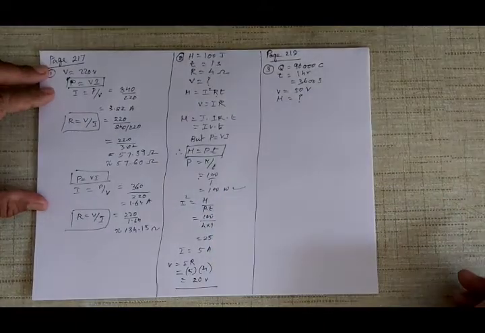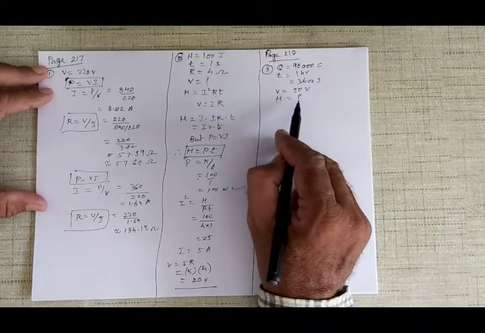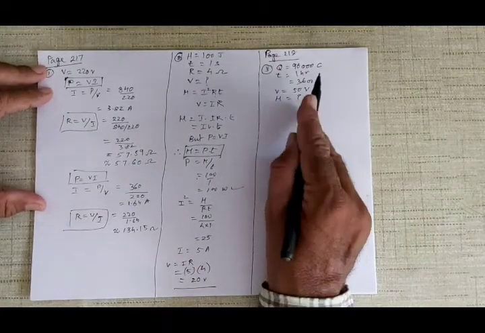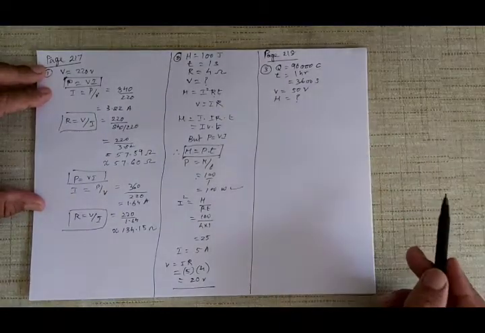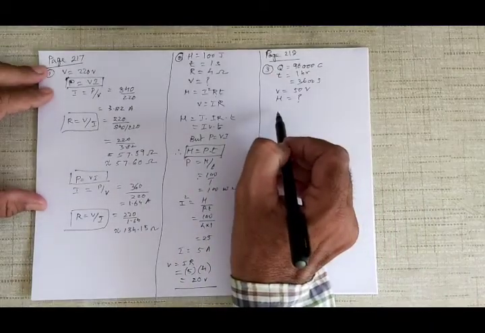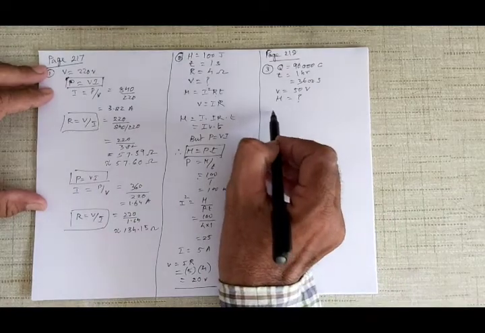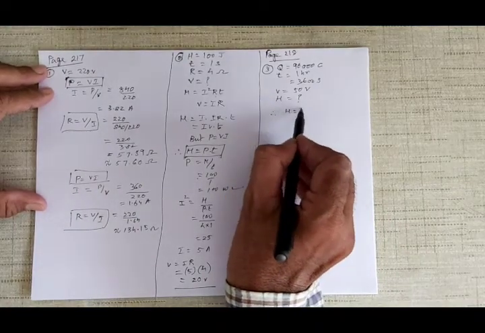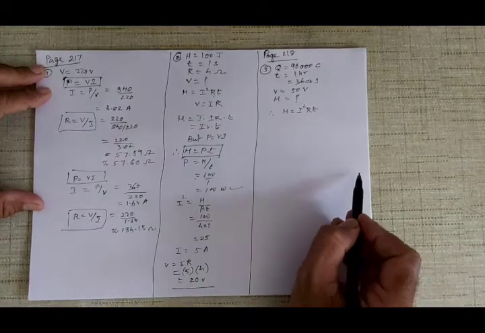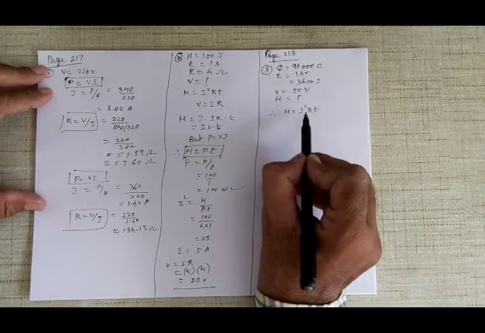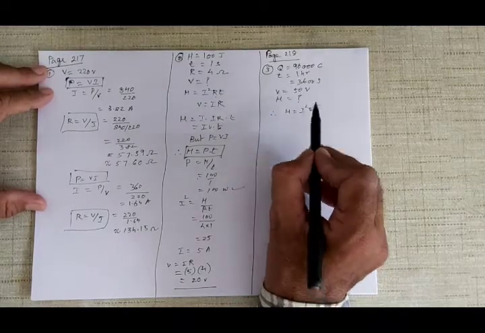Again, if you read the question, what does it say? Calculate the heat energy generated when transferring 96,000 coulomb of charge in 1 hour through a potential difference of 50 volts. Now again, you see here Q and T are given. So supposing I write here, H is equal to I square R into T. Now what are we given here? I we are not given, time we are given, potential difference we are given, Q is given.